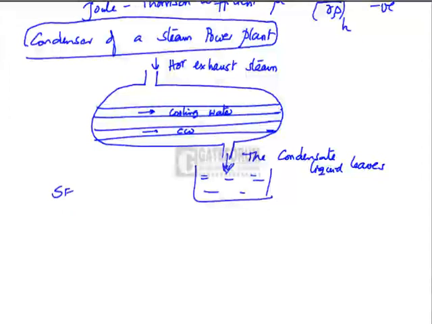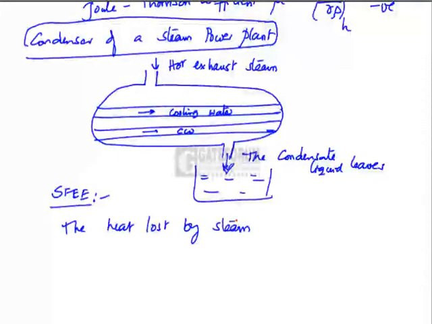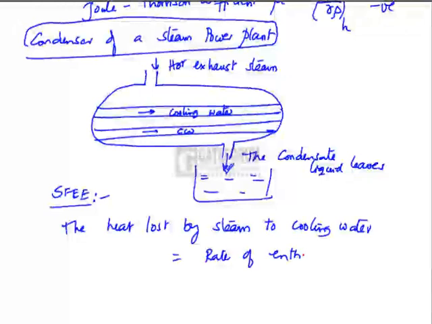From the steady flow energy equation, since there is no heat transfer from the condenser to the outside, no heat losses from the steam to the outside except to the cooling water, the heat lost by steam to cooling water should be equal to the rate of enthalpy increase of cooling water,